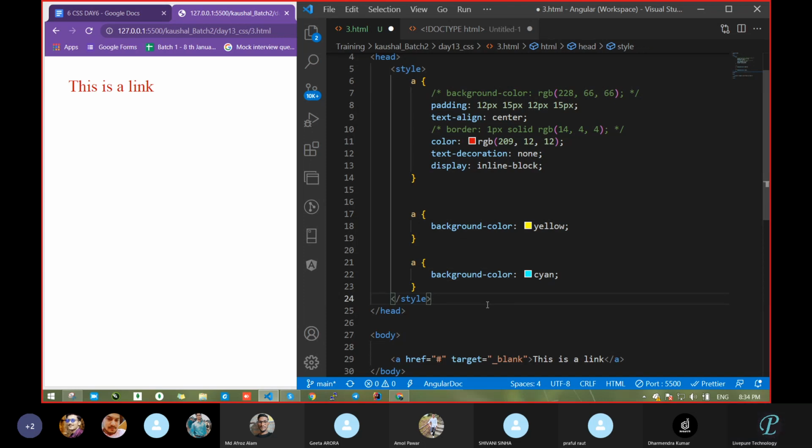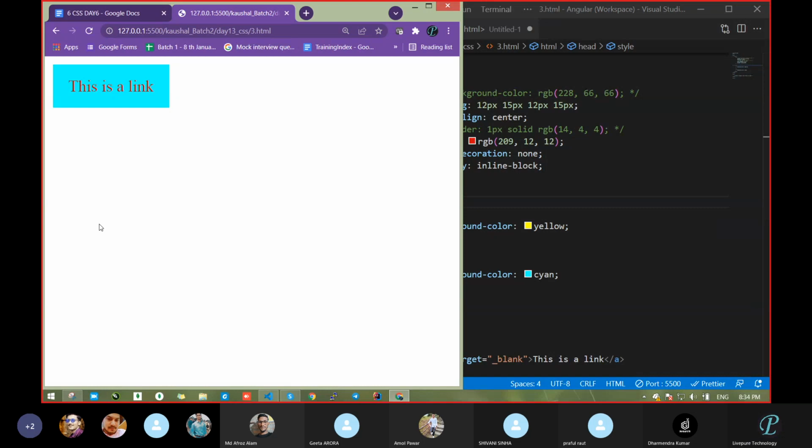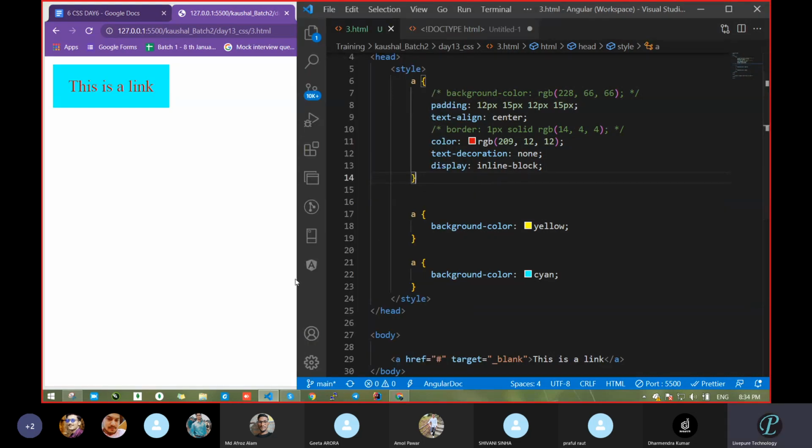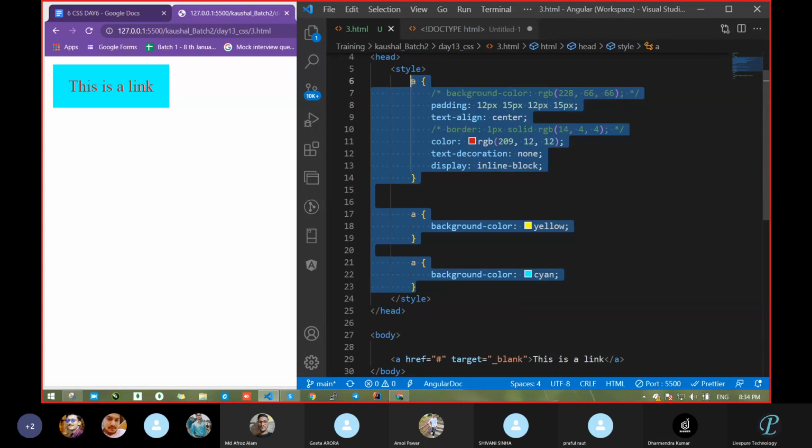Hello? Yes, sir. Have you realized the issue? What are you thinking? Whether on the hover case, previously it was hover, then it was anchor tag active. Will it work now? How will it work? Because there, one is text. Oh no, sir, it will work. It will not work, because now they are all anchor tags.